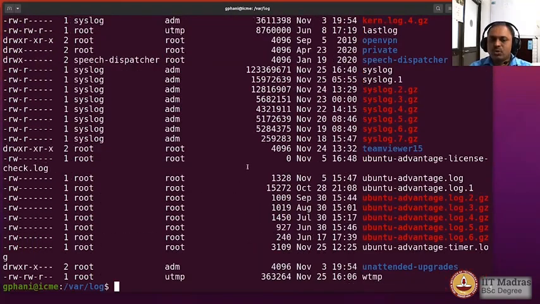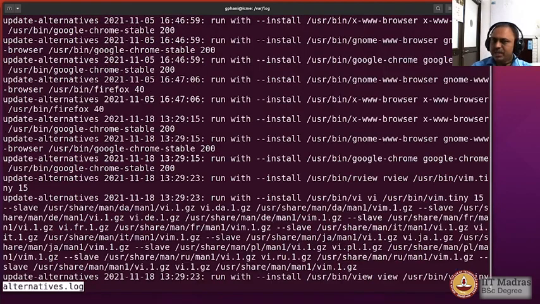Okay, so what we do is, there is a command called less, which allows you to read a text file page by page, and at the end of the content you can come out of it by pressing Q. And we are using bash, so we could type a few characters of a file name and press tab, and it will fill the file name for you, so you don't have to type the entire file name accurately.